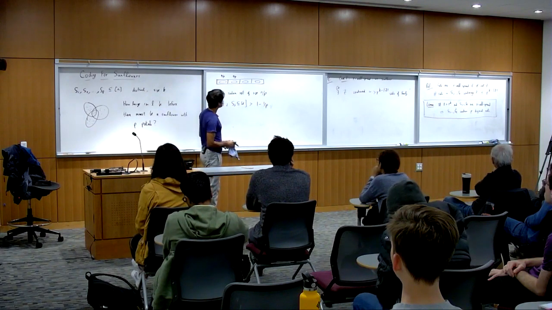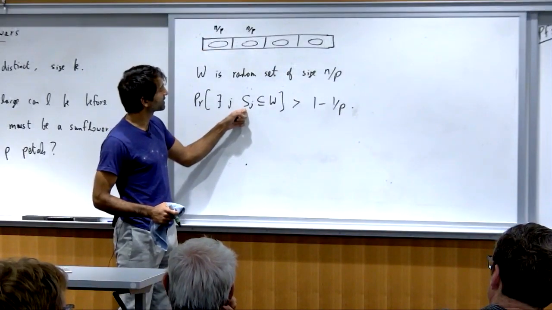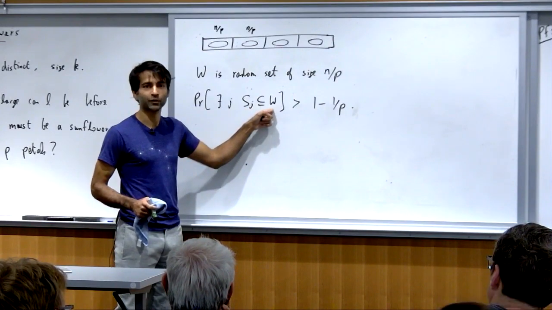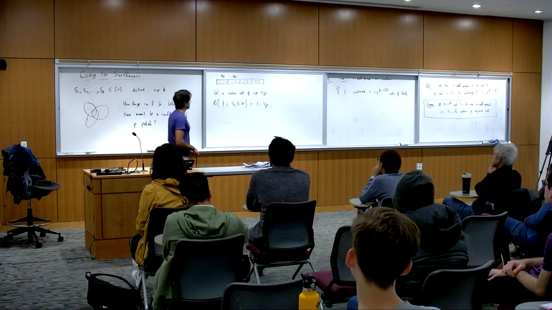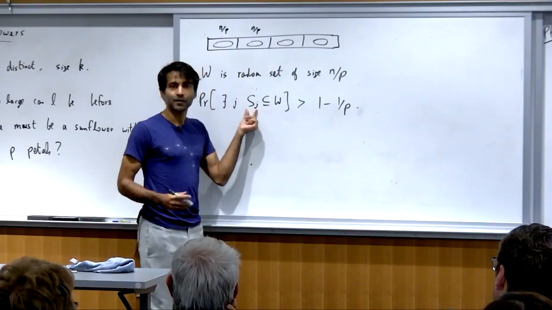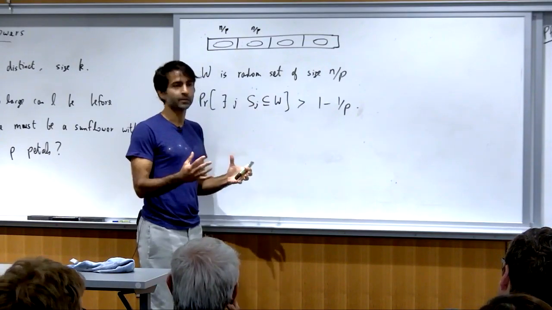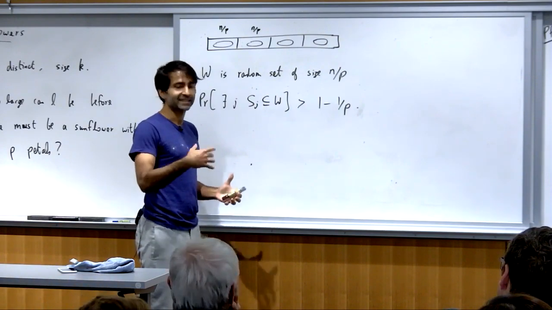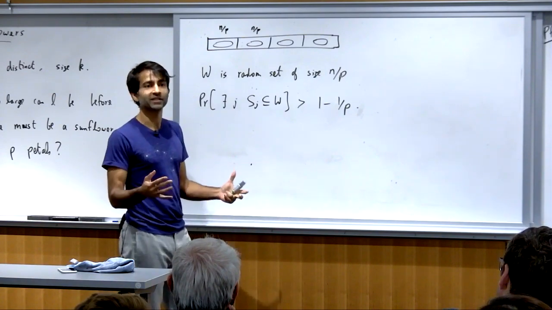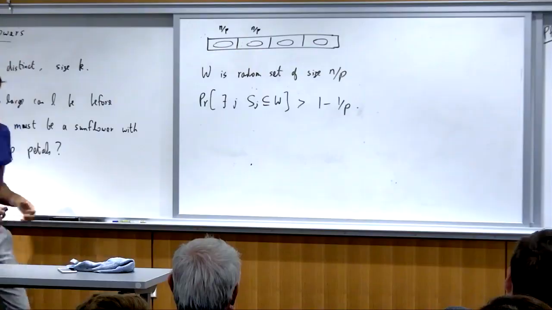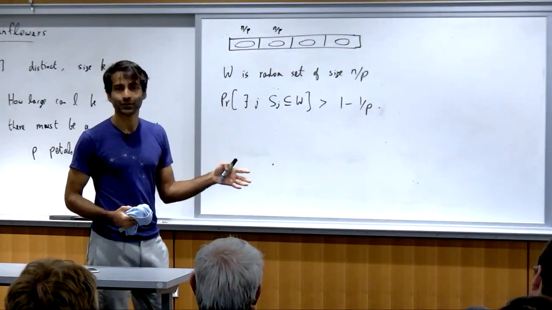To start reasoning about it, maybe one way to think about it is we're looking here for the condition that some set of the family is completely contained in W. Maybe a weaker thing that you could think of to try and make progress is just hope that, say, for some set, most of its elements are in W. You can measure for each set W the extent to which it swallows up some set completely. Maybe it doesn't swallow a set up completely, but if it swallows 90% up, maybe that's easier to understand. And that's actually, I think, a key step in the intuition for how we'll get to the eventual proof.